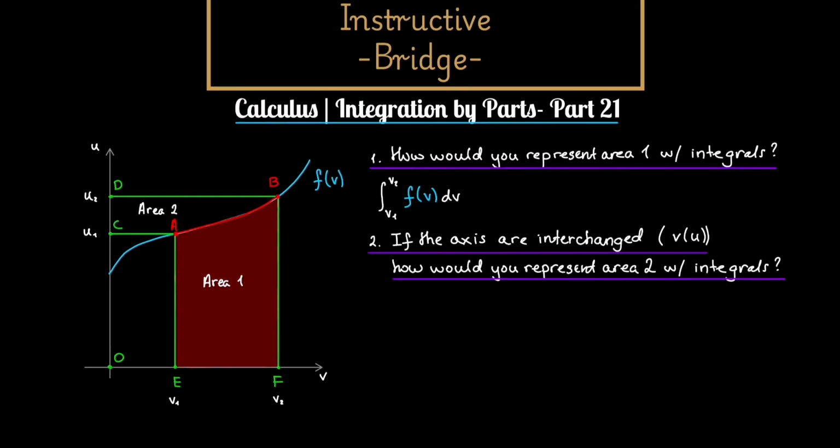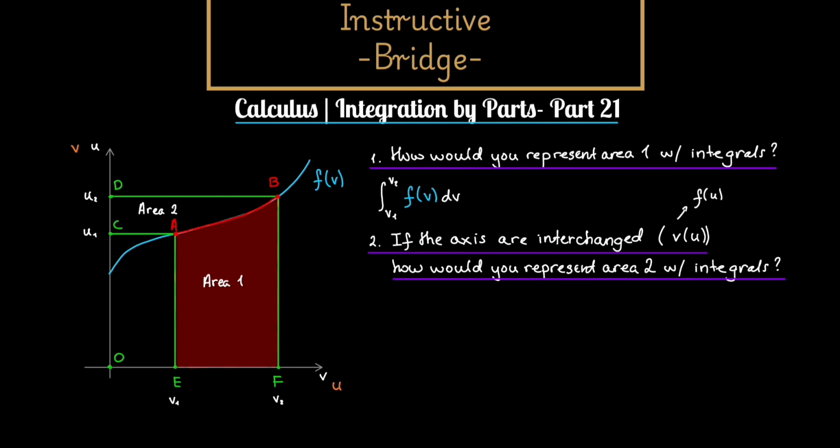Now, question 2 says, if the axes are interchanged, so now the x-axis is going to be u. Let's just try to imagine this. Now here is going to be u, and the y-axis is going to be v. This is also why I wrote v of u, because now the function technically is not going to be f of v anymore, but f of u. Basically, v and u switched places. How would we represent the area with integrals